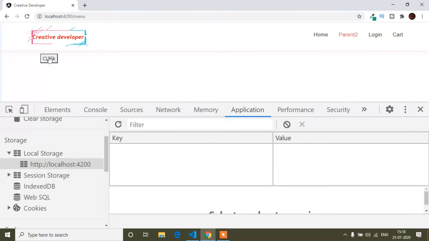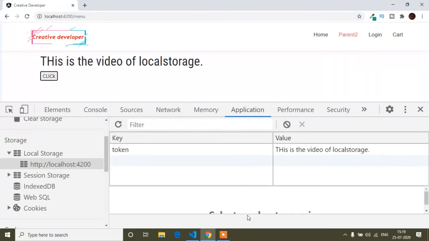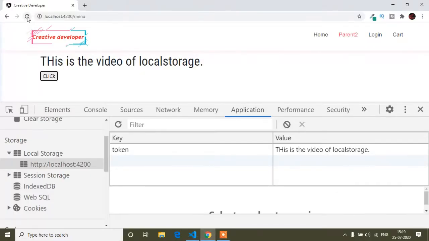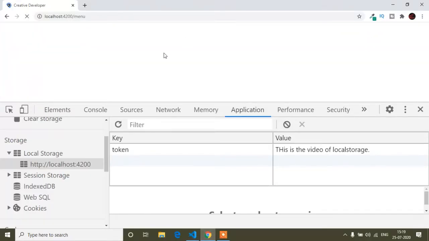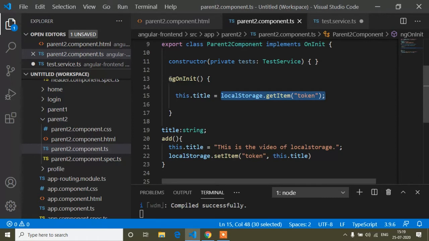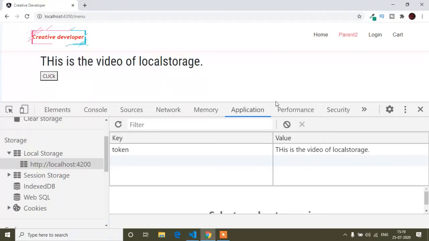You can see it stored in local storage, and when I reload our page, again inside this title variable I call localStorage.getItem. So if I reload, it will not disappear from here, because when our load function is called, we store this local storage again in our title variable. So this is the local storage.